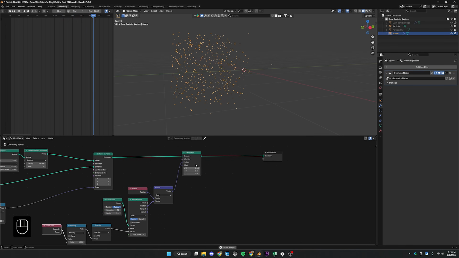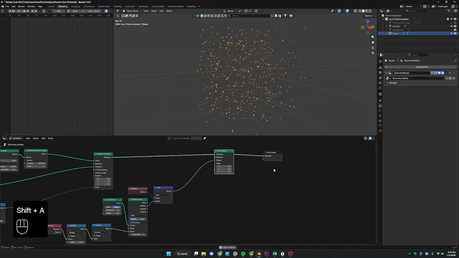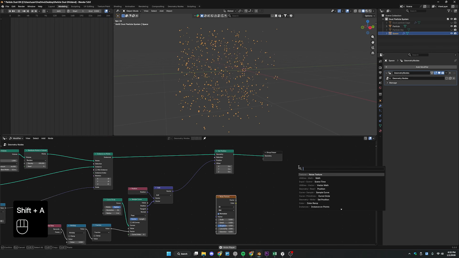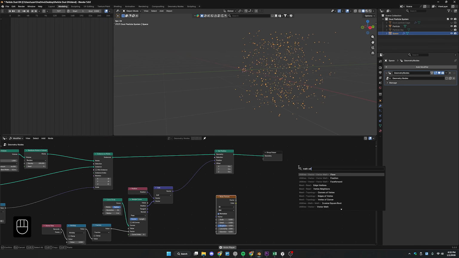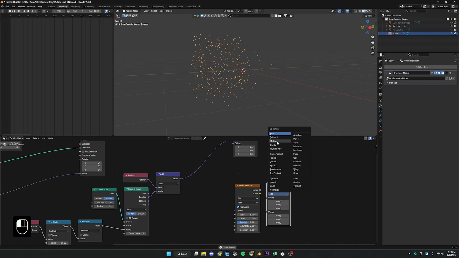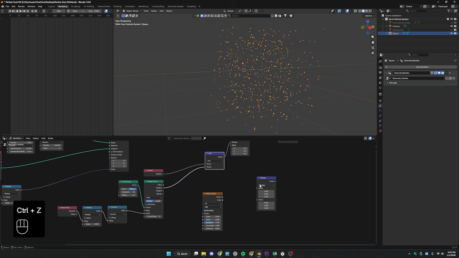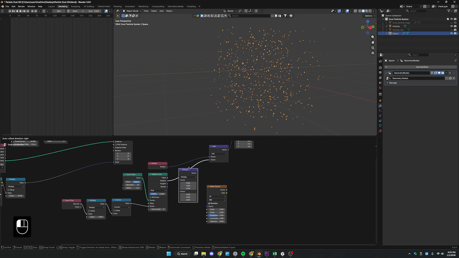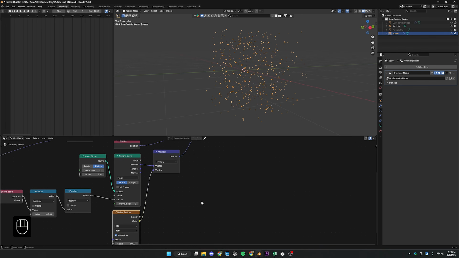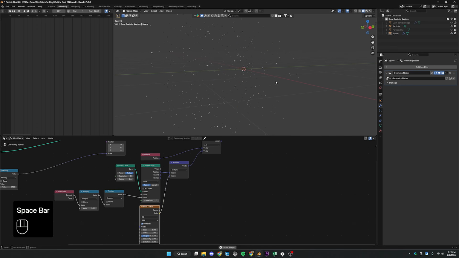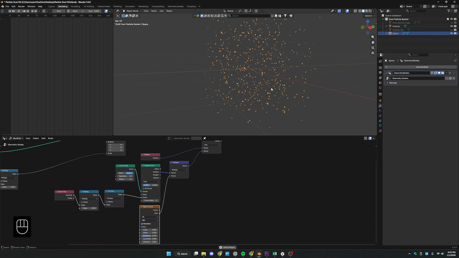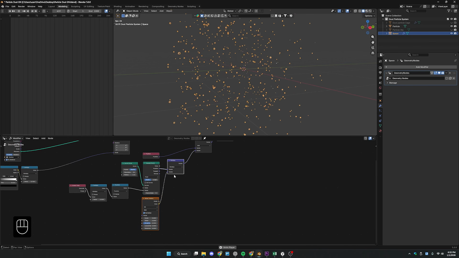I want a little bit of randomness going on, so I just want to get a noise texture. So I'll get the noise texture and another vector math. This is going to be a multiply, and then I'm going to place this somewhere here and then add the multiply between this and then the color to this right here. So if you play this, I can see a little bit of randomness. Basically the particles within these motions are also wiggling a little bit,